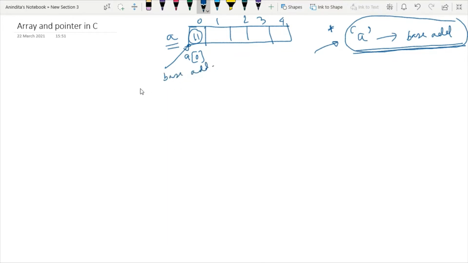Now how it is related. So consider we have an array of size 5 and say I have one integer variable i for iterating purpose. Now if I take input from keyboard, I will use this iterator less than 5 starting from 0, and the iterator will be incremented by 1.